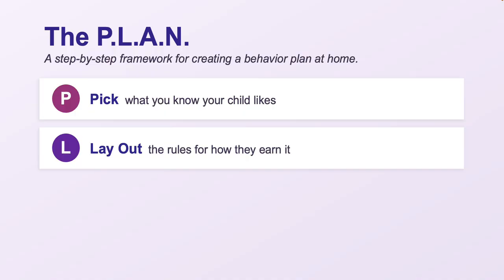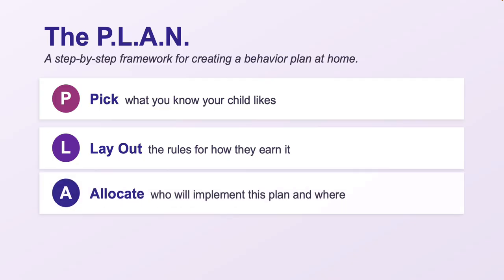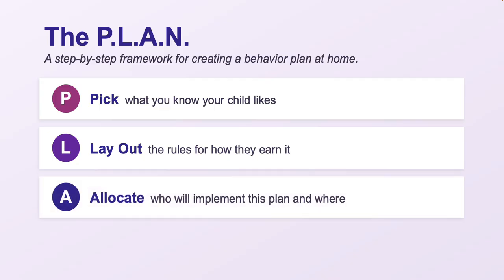When you say, first we do this, then we do that, what does that look like and how was your child included in that decision? Allocate who is going to implement that plan and where. Is it just you doing this? Is it you and another parent or caregiver? Is it someone in their life? Is it the school teacher? Who? Involve all of the people that you need to in order to carry this plan out for maximum success